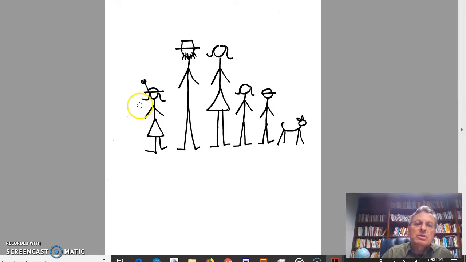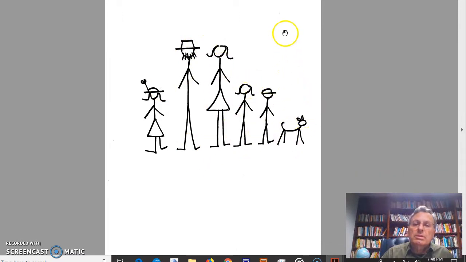I could, however, go this way and say, here we have one verse that's a literary unit in itself, because this is quite distinctive. A girl with a hat and a flower. There's no other person with a hat and a flower. That's verse 1. Then I could say verses 2 and 3, that's adults or parents. And verses 4 and 5, those are children without a flower in their hats. And then there's an animal. So I've got a literary unit, literary unit, literary unit, and literary unit.